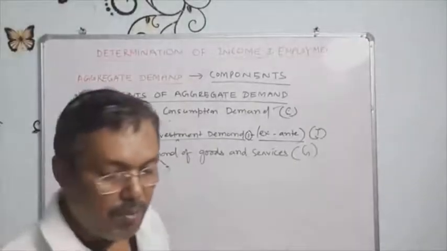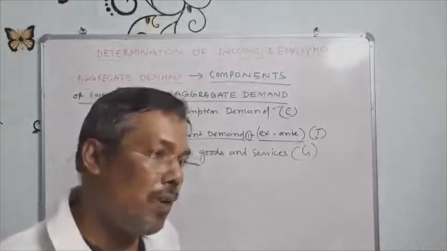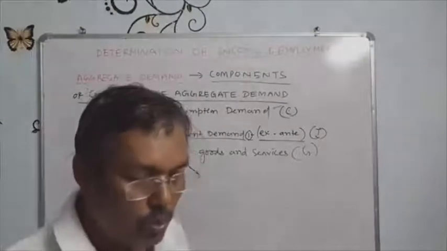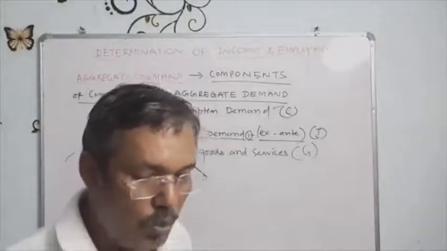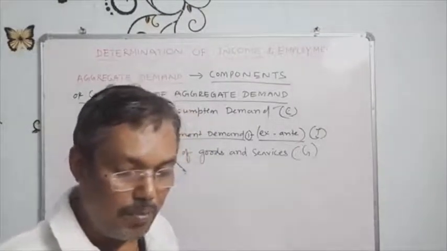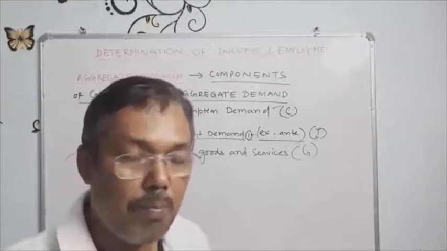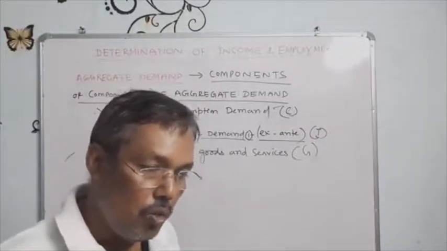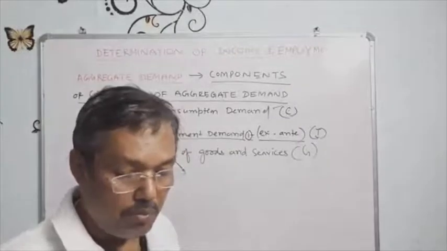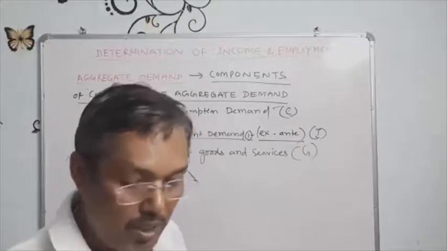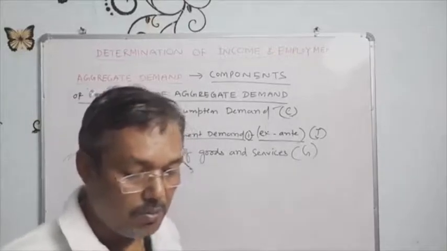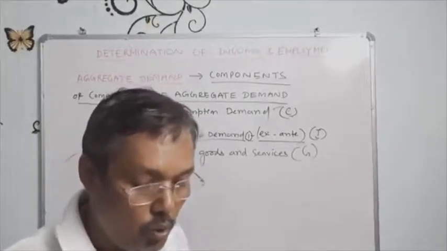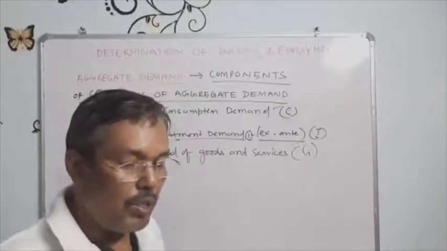So what do you mean by government demand for goods and services? Whenever the government plans to expend money on the purchase of consumer goods and capital goods to fulfill the common needs of the society. Again I repeat, whenever the government's planned expenditure is for consumer welfare, to purchase goods and services like transportation facilities, hospital facilities, roads, opening schools, these kinds of expenditure